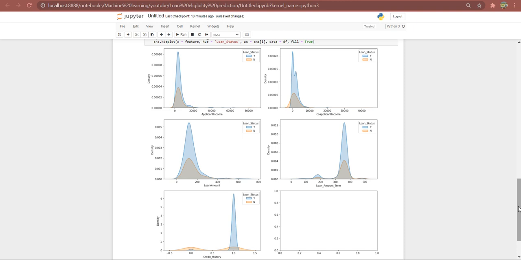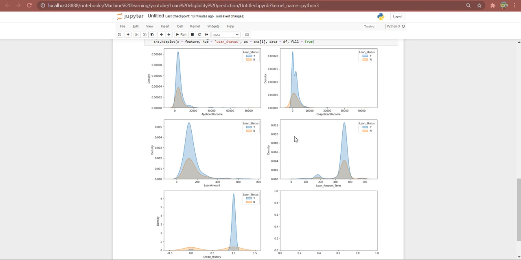From these graphs, what we infer is that obviously more loans got approved when the applicant's income is concentrated around 5,000. So when your income is around 5,000, and more applicants' income is around 5,000,